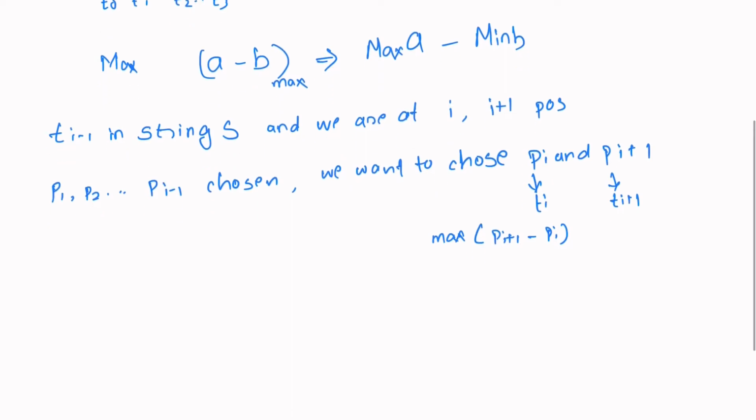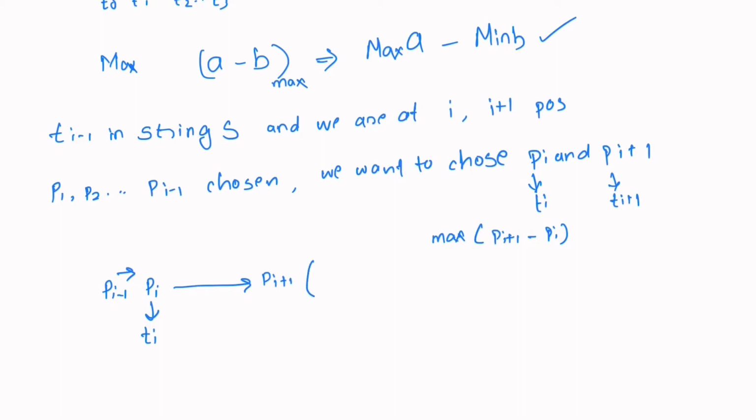Using the above fact, since we have the p of i minus 1 position, I will try to choose p of i nearest to my p of i minus 1 such that this character is t of i, and to choose p of i plus 1 I would try to find it further away from p of i